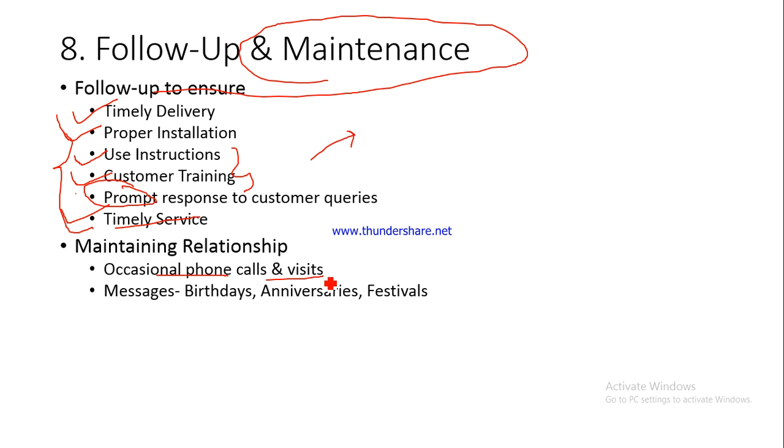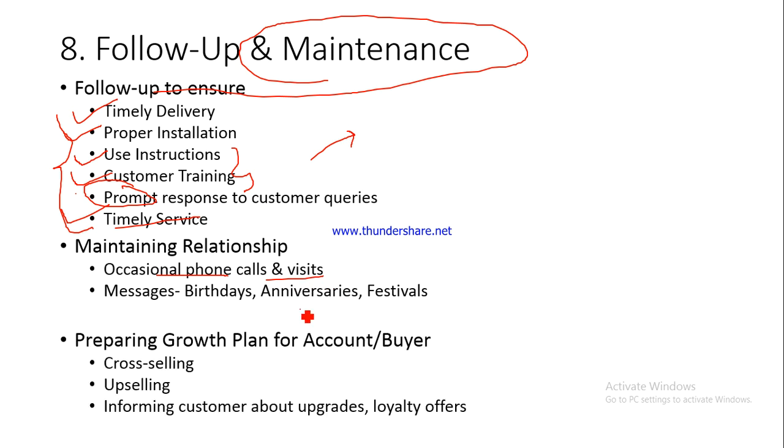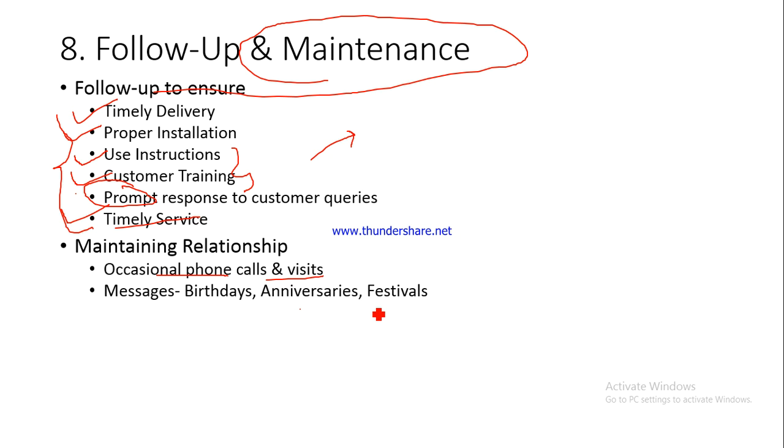For example, you can send him messages on birthdays, anniversaries and festivals. Now this is another thing that you can do. So these are occasions where you can call him up, and he would never ask what is the reason for calling, and this gives you a reason to call him up, and there you can maintain a relationship with him. And this would ensure whenever he is buying something, some replacement, whenever he is buying a new product, whenever he is replacing the old product with a new product, he will first of all consult you.